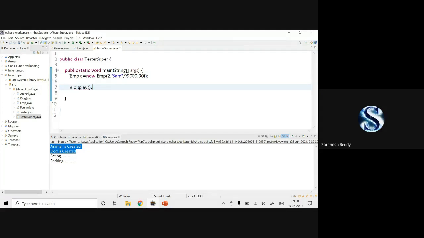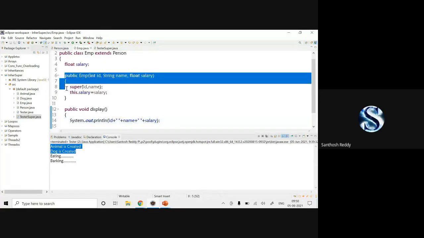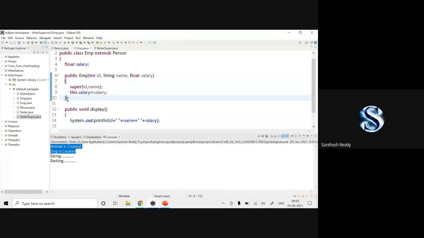Now clearly analyze the code. Employee is equal to new employee. Once it has created the object, first it will execute the parameterized constructor of the employee. In the first line itself, it is passing super ID comma name.